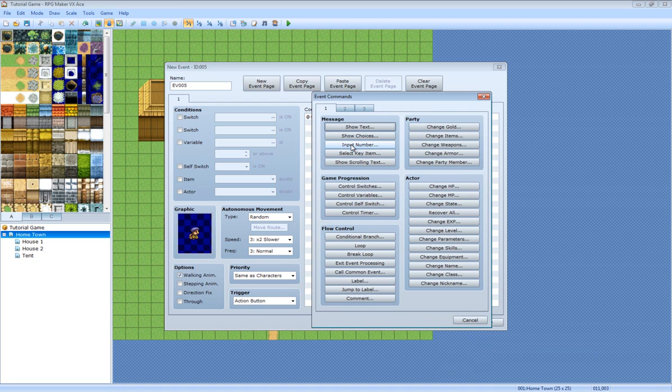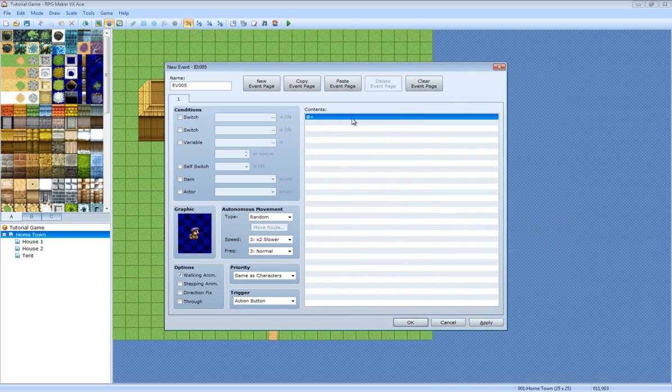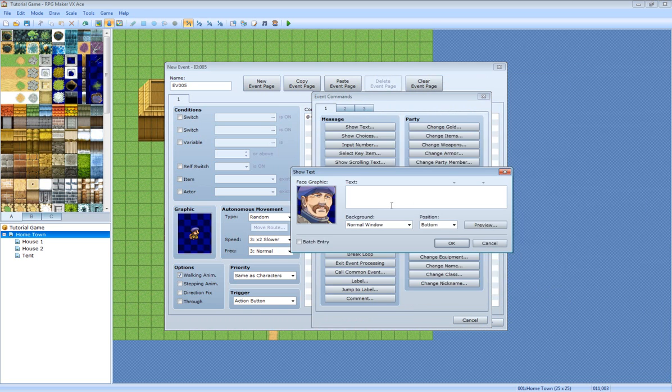So the next thing will be input number. Enters a natural number and stores it in a variable. Now this is where it starts getting confusing. Input number is great for a code. Like, I will make this dude, where is it? This dude say, hey, I will give you 500 gold if you tell me my favorite